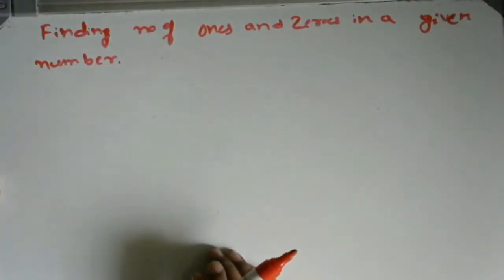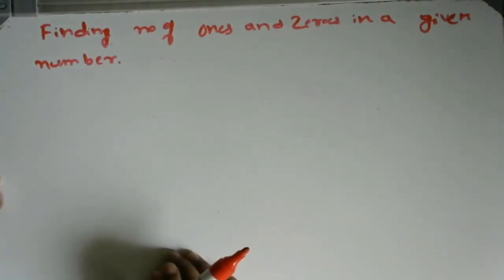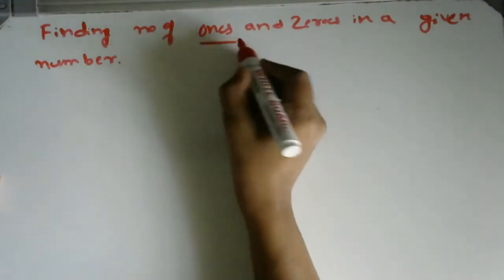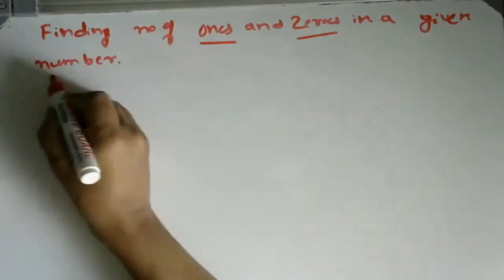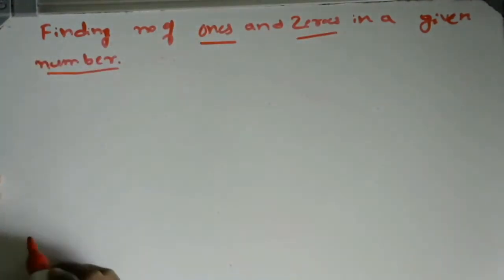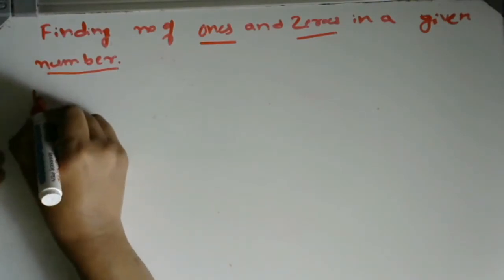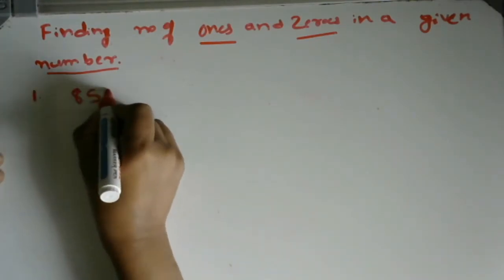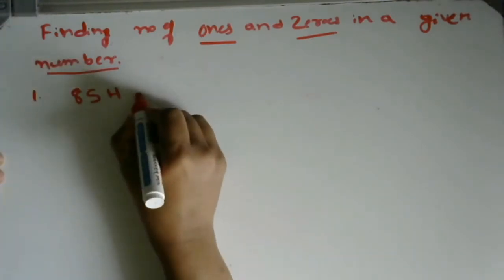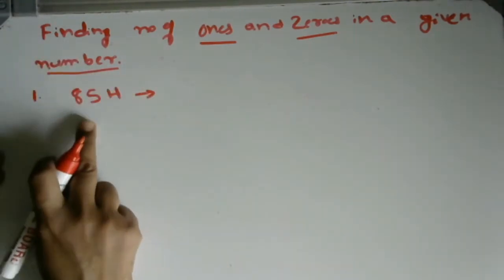Hello everyone. In this video, we will learn how to write an 8051 program to find the number of ones and number of zeros in a given number. Let's assume the number as 85h. Now we need to find out the number of ones and zeros